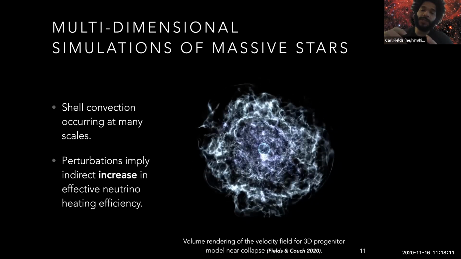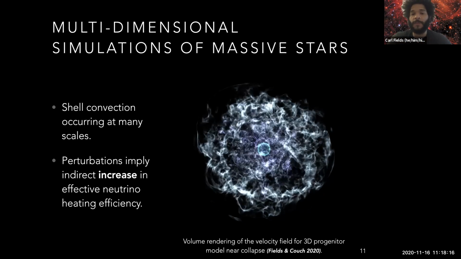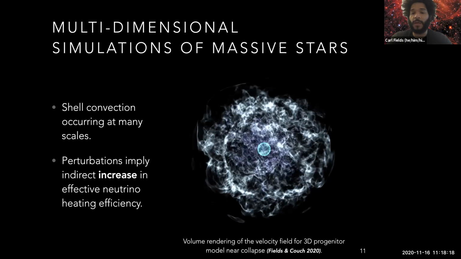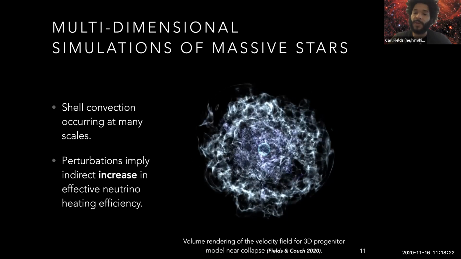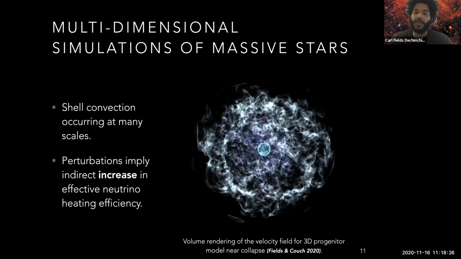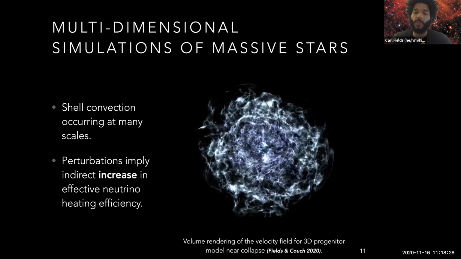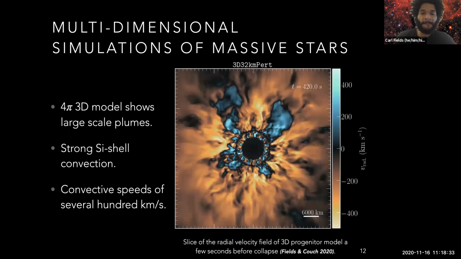And so this entire region is showing the oxygen shell region. We're noticing a large range of convective scales being observed, and we're also seeing very asymmetric flow, all of which can point to favorable conditions for an explosion. This was something we were really excited to see with this 3D model.